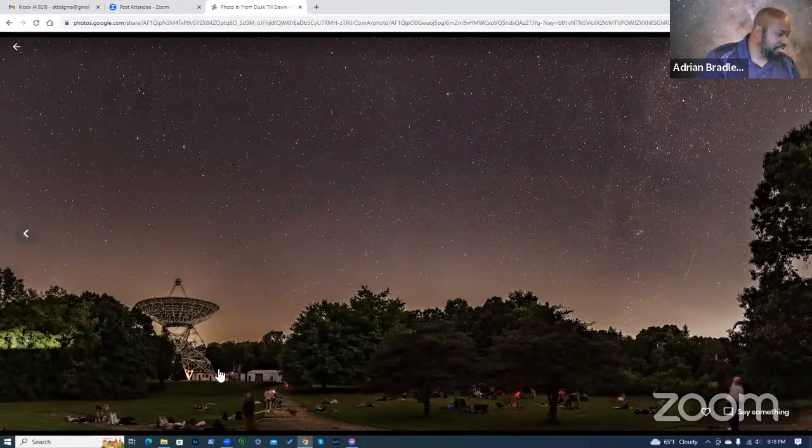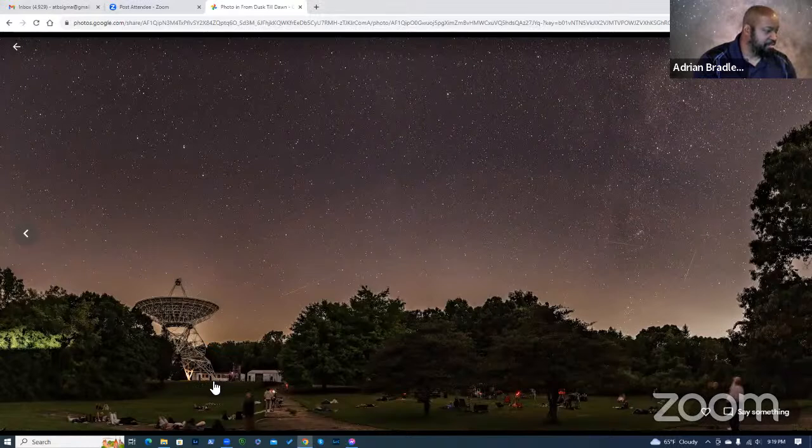And then we have this dish, which is not in use, but it's a radio dish that the University of Michigan did use at some point. People may be fuzzy, but you can tell they're all looking up. And the sky, is this part of the Milky Way bright? No, but you see a sky full of stars. I dare you to be able to make out the Big Dipper in this, and good luck finding the Little Dipper. I actually could not trace out the stars of the Little Dipper,